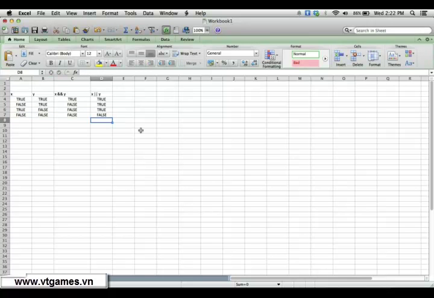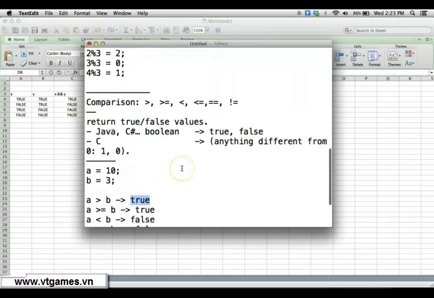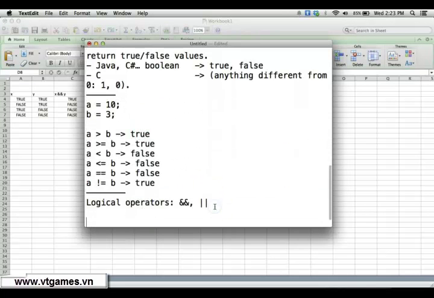This is about logical operators. That's it about operators. You can have bitwise operators as well, but this